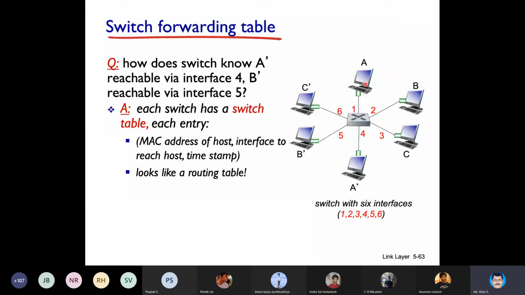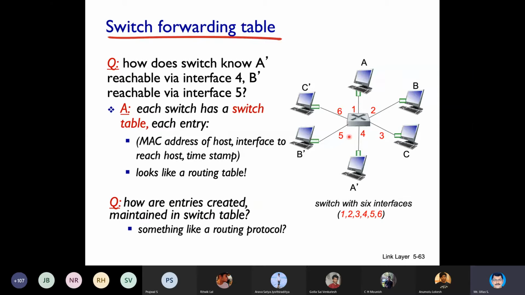Okay. Now A will receive the data. If it is a TCP communication, A will send back an acknowledgement. When A sends back an acknowledgement, yes, there is a possibility to learn A's MAC address and connect to port number 1. It will do that. Is the point clear to all of you guys? Now that is how the switch will build MAC address table.